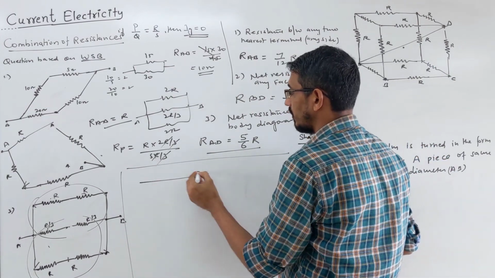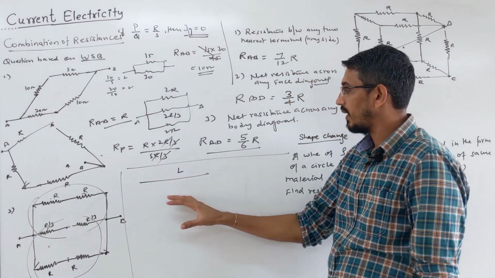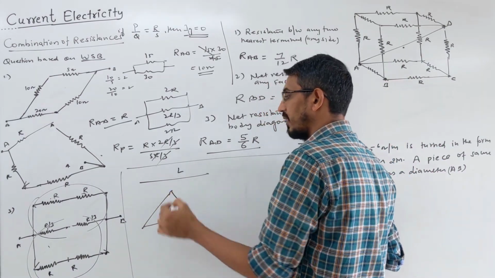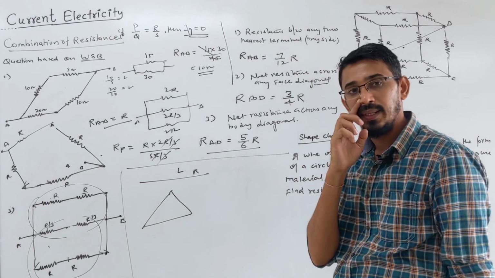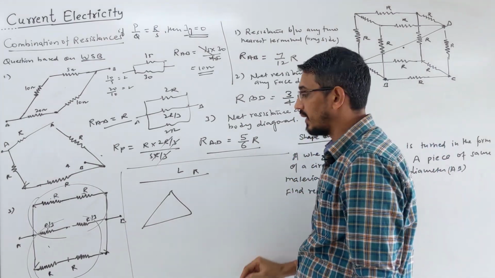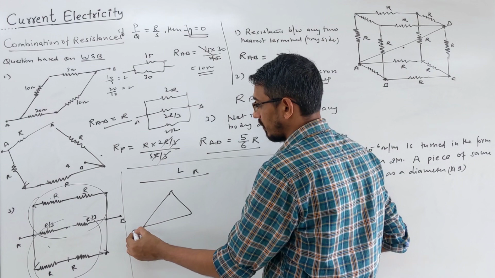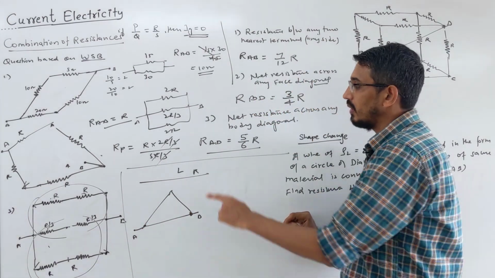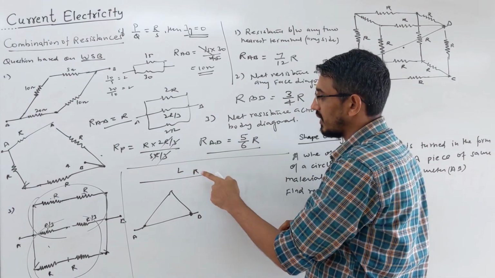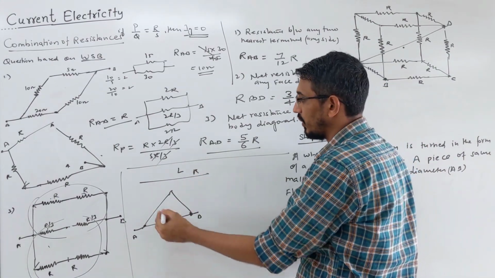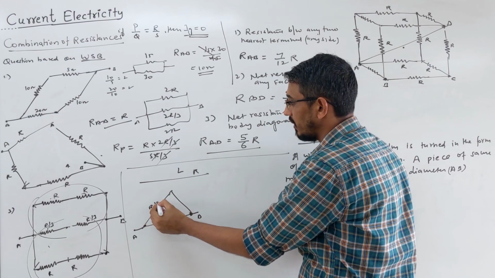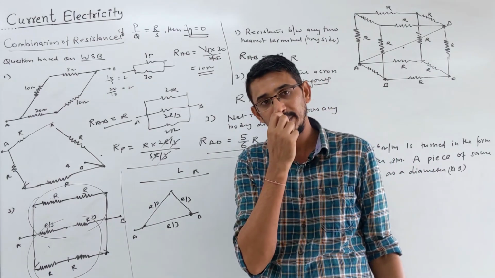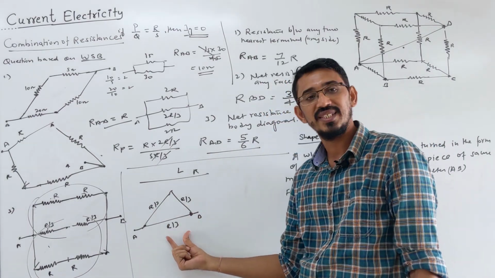Some wire is given to you, of length L. This wire is turned into a triangle, they say. This is a triangle. The wire is turned into a triangle, with resistance R, length L, an equilateral triangle. Then they ask what is the resistance across any two points, like side A, and this is the terminal, across any side. A wire of length L, resistance R, is turned into a triangle. So you have three sides. What is the resistance of each side? R by 3, equally divided, because of equal length, and resistance is proportional to length. So three parts we have, resistance equally divided.